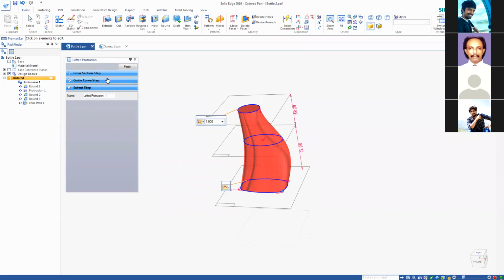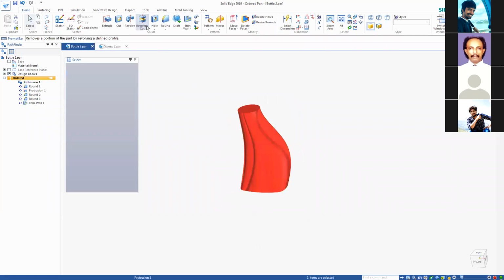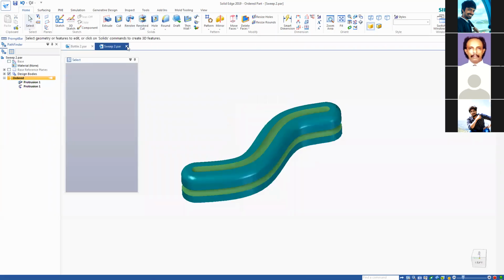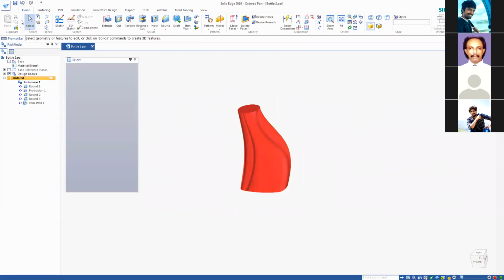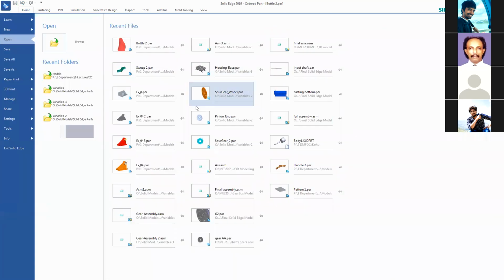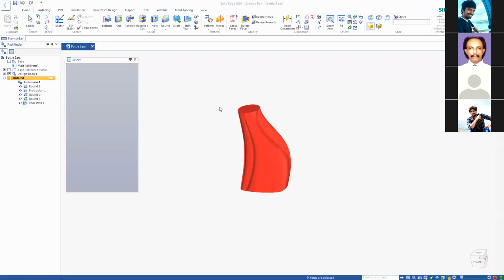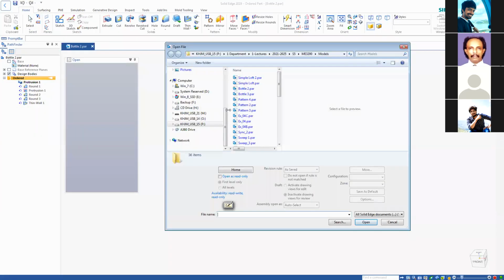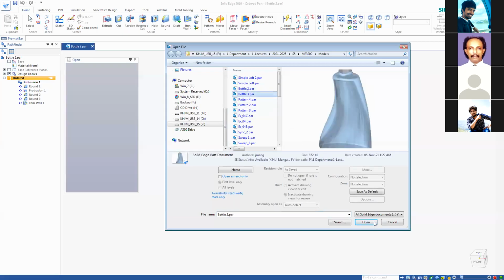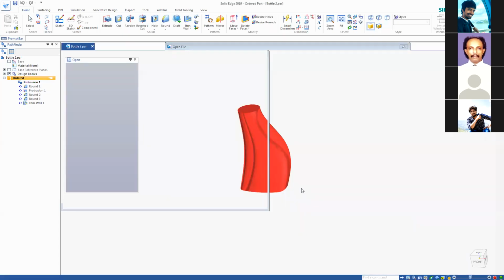Here we don't have guide curves. Maybe if I open the other one, right? Maybe there's one more thing that I created with guide curves. Let's try. This is loft 2. Maybe let's try bottle 2. Then we try bottle 3, for example. Maybe we have a guide curve,